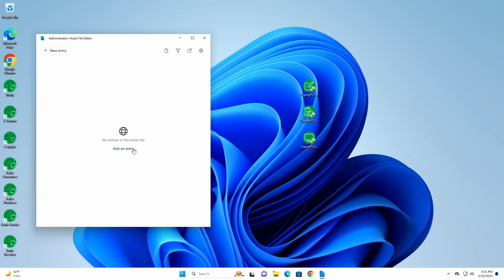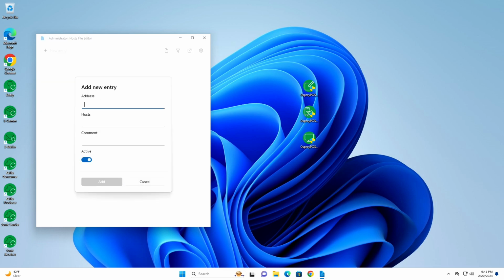I'm going to open it up. I'm going to add an entry. In this case, since the server is the same machine, I will use the loopback address. If the server was a different machine, you would obviously enter that address. The host is